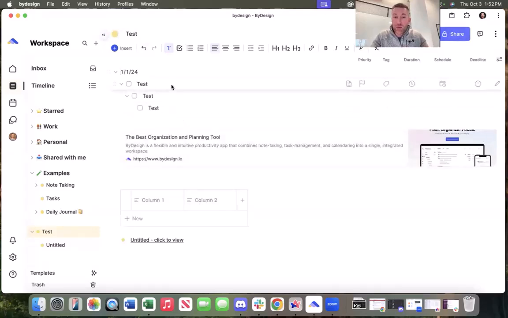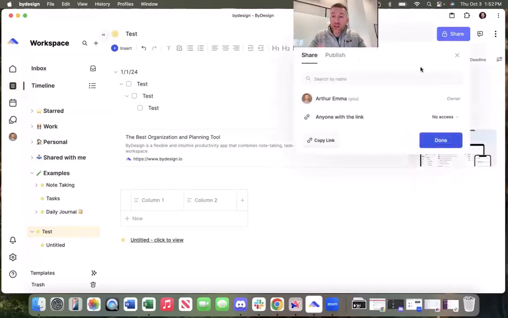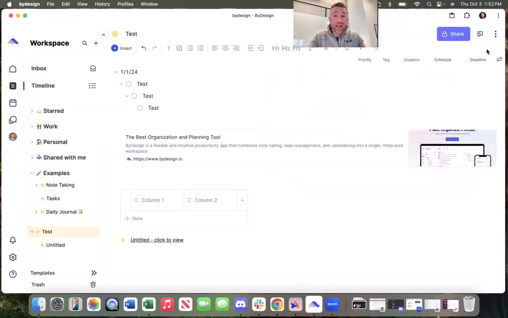A couple other really important features. You have the ability to leave comments, which is great if you're collaborating. Additionally, you have the ability to share this with other people. You can publish it as a website. And then something that I love, because at ByDesign, we're really obsessed with how everybody has a unique way of